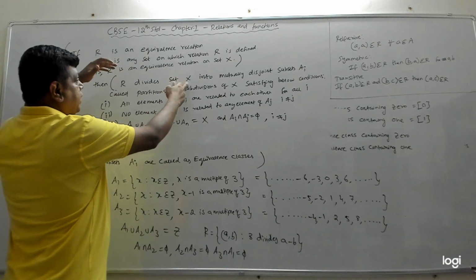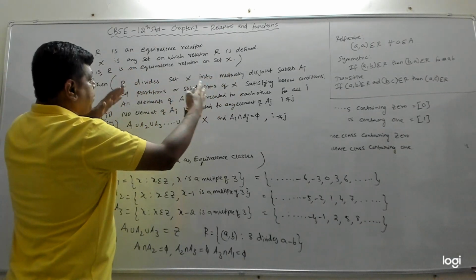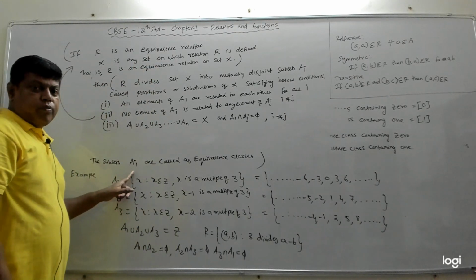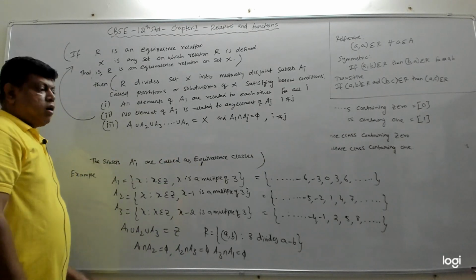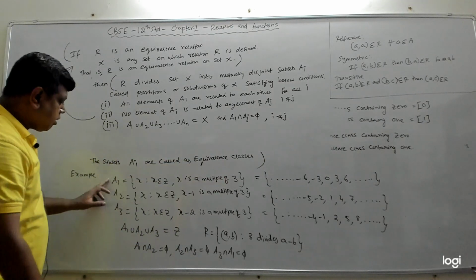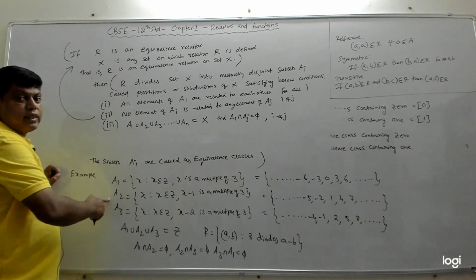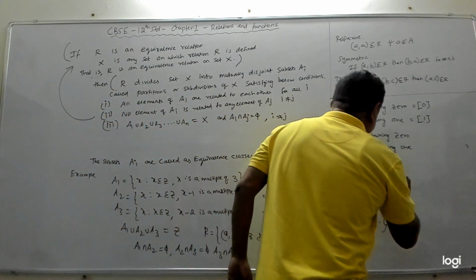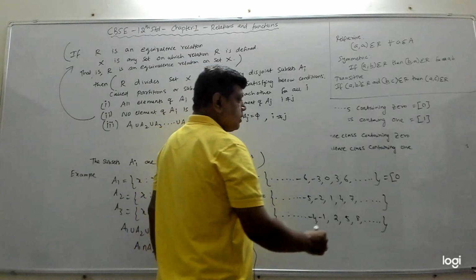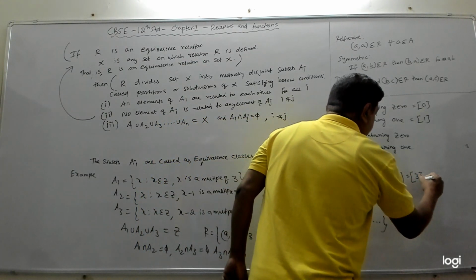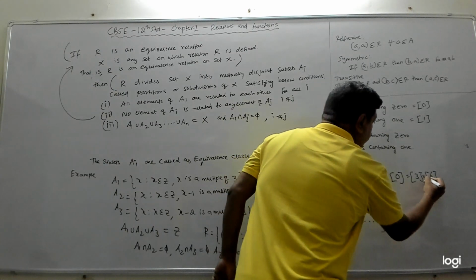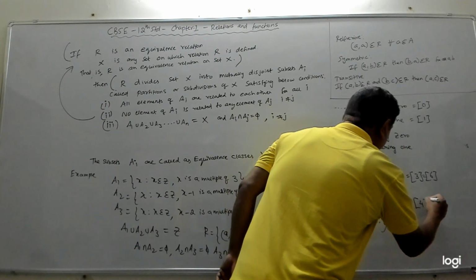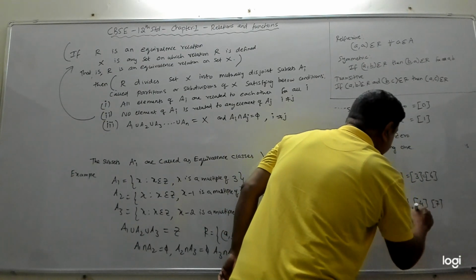partition your given set X, on which the relation is defined, into multiple partitions, and those partitions will satisfy these conditions. And each partition is called an equivalence class, or all the subsets are called equivalence classes. Here these are called equivalence classes. A1 is an equivalence class, A2 is an equivalence class, A3 is an equivalence class. So we can also call this A1 the equivalence class containing 0. I can write it like this, or I can even write it like 3, or I can even write it like 6. So here this is the equivalence class containing 1, this is the equivalence class containing 4, this is the equivalence class containing 7. All these are equal.